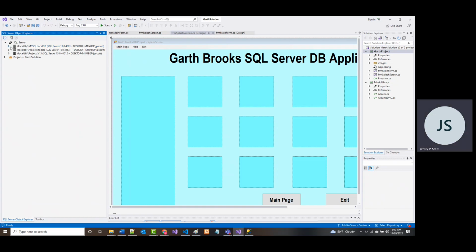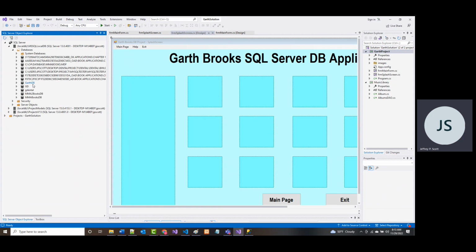All right, and if I open that and I open up databases, one of the things that's in there is Garth DB. I want you to call your database Garth DB just like I did. I want you to use the same names, and the reason for that is when I grade your assignments, I won't have to go in and be changing the names of everything around to try to get things to work.